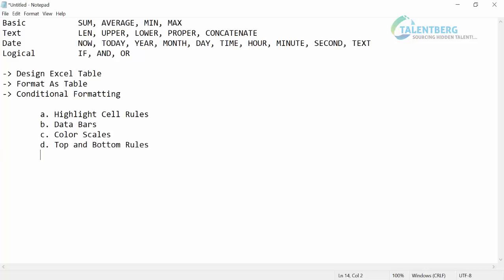Theoretically, talking about this topic, conditional formatting changes the color or the format of selected cells to easily read the Excel table and search for expected results, expected records. In conditional formatting, we have some examples.